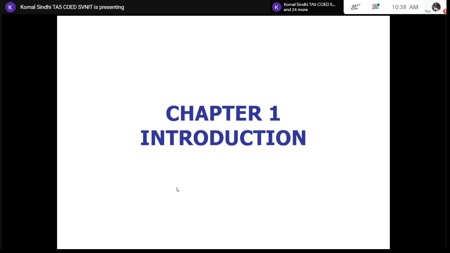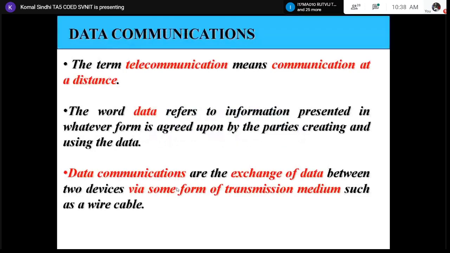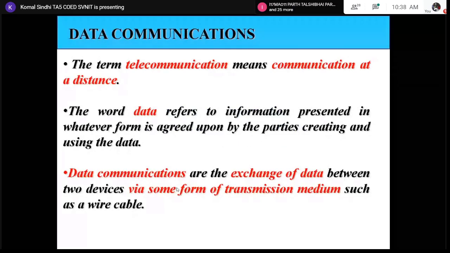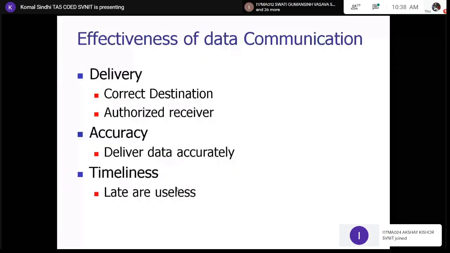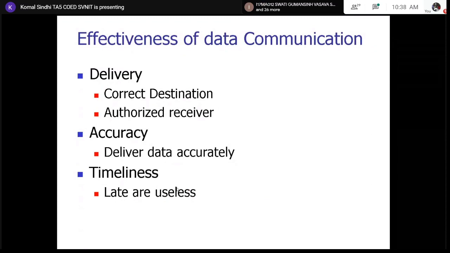So what we have seen yesterday: what is data communication? When can we say that a data communication is effective?